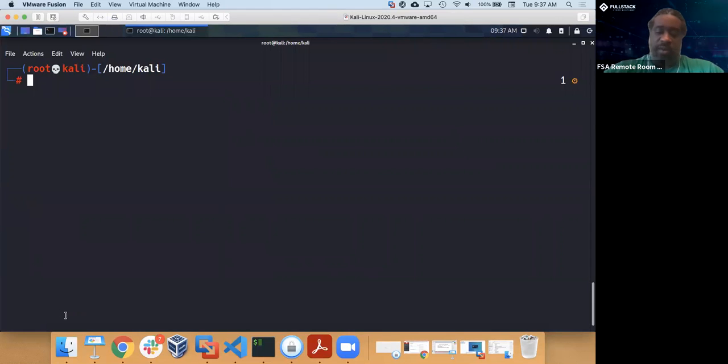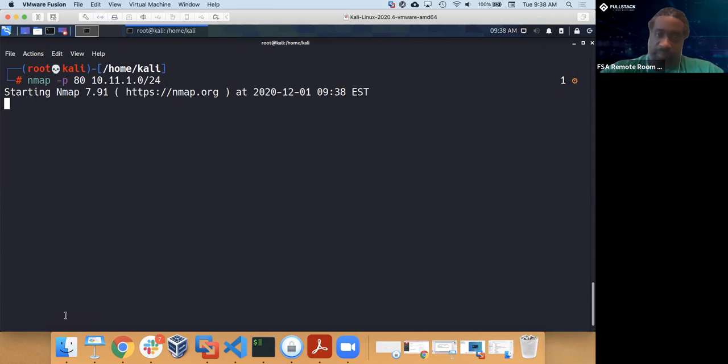All right, so what I want is to find all the IPs running port 80. So I'm going to say nmap. I'm going to tell nmap to just scan port 80. And instead of giving it just one IP address, one particular machine, I'm going to give it a range. I'm going to give it a subnet, right? So I can do this as 10.11.10/24. That run, but also,